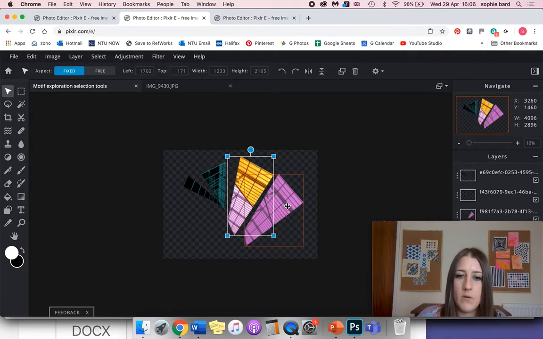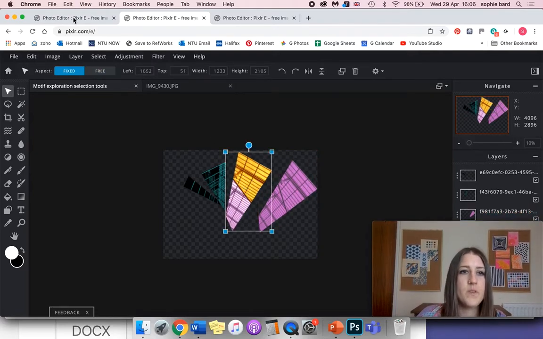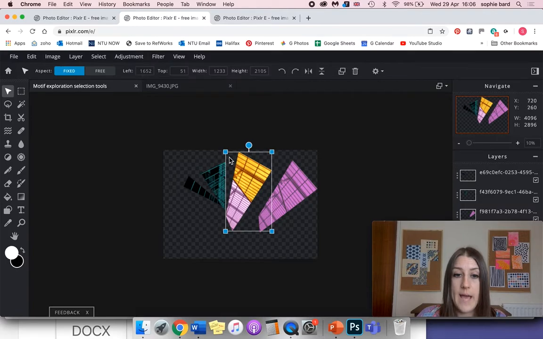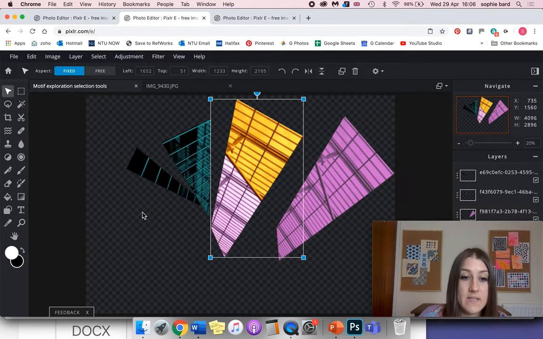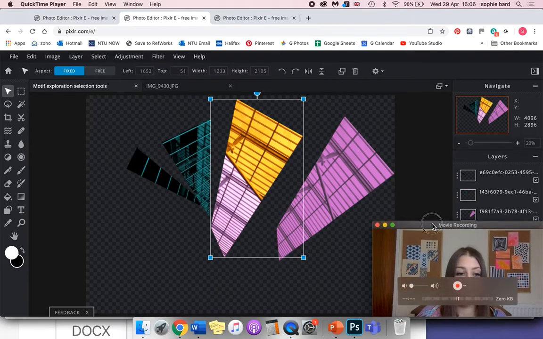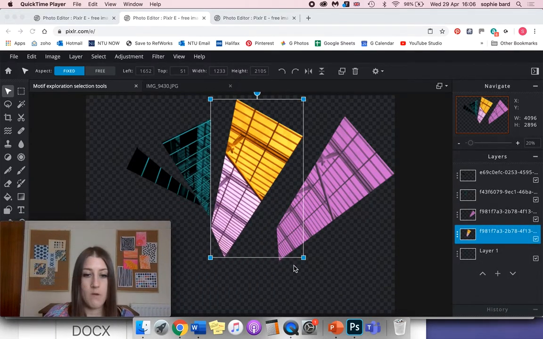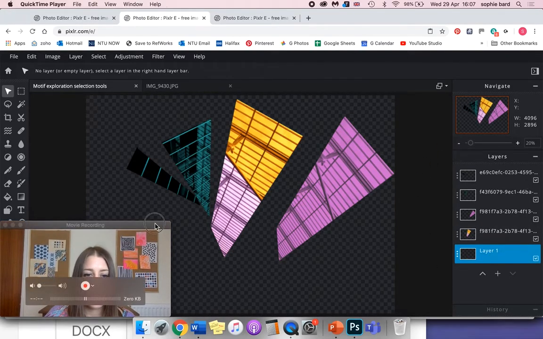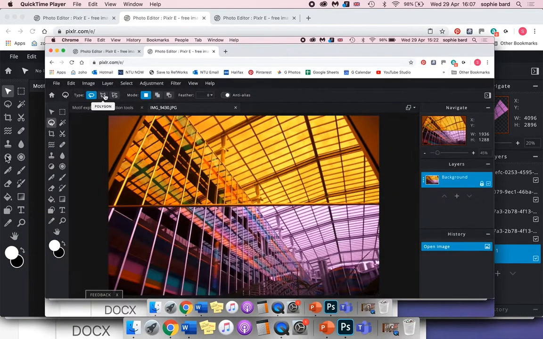In order to get my colour chips in, which you can see I've done here, I'm going to first of all create a white background because at the moment my document doesn't have a background on it, and that's indicated by the checkered background, so that shows that it's transparent. Just move this over. So yeah, in my layers panel here, if I click on layer 1, I'm just going to minimise this,